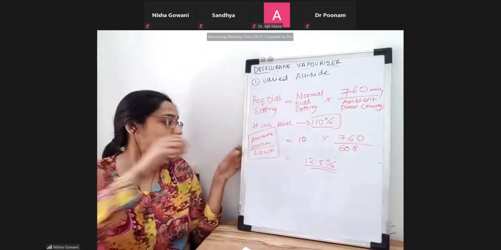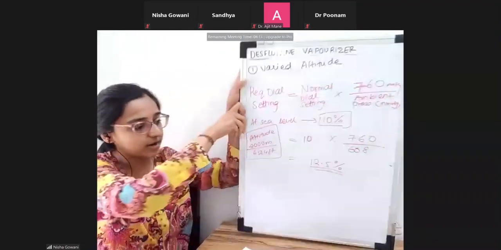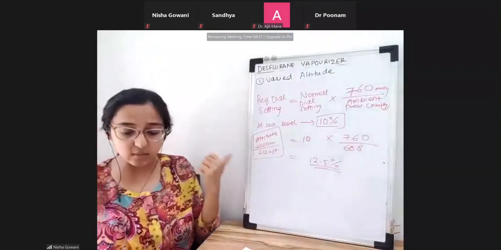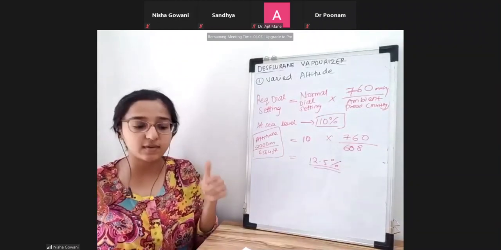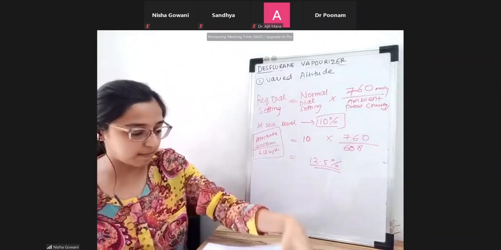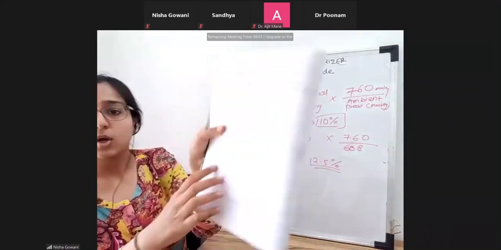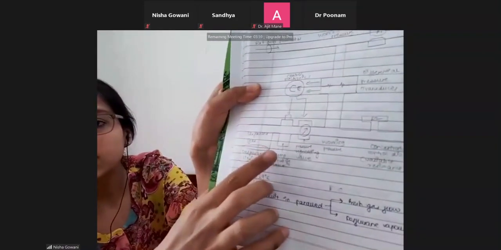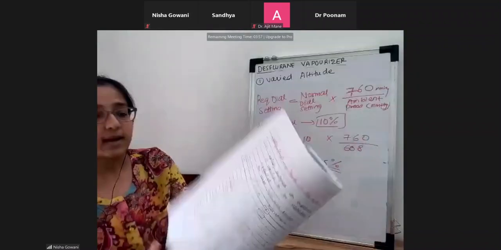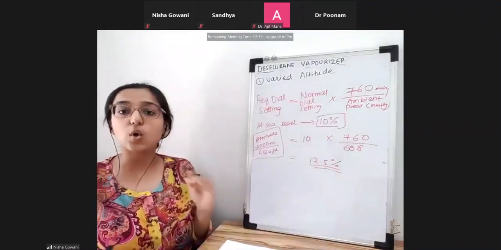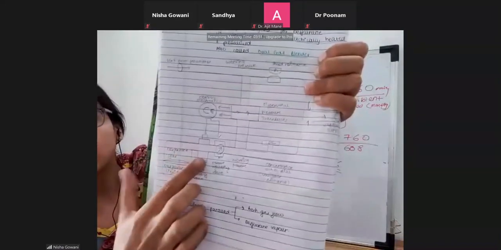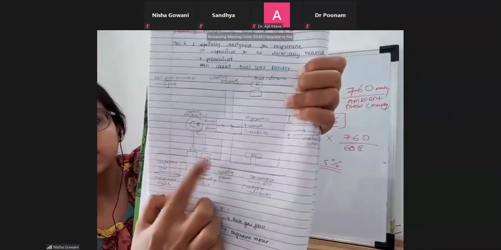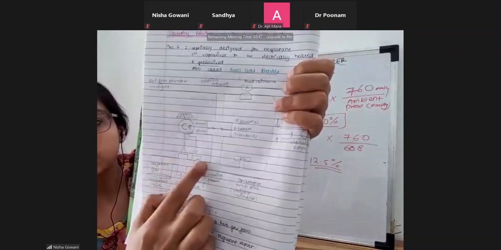Now we know this. I erased it, but you remember there was a sump shut-off valve which I had drawn. I'll just quickly show you in this image that I have made. You remember this shut-off valve? This shut-off valve will close, and if this valve closes, the incoming vapors will stop.